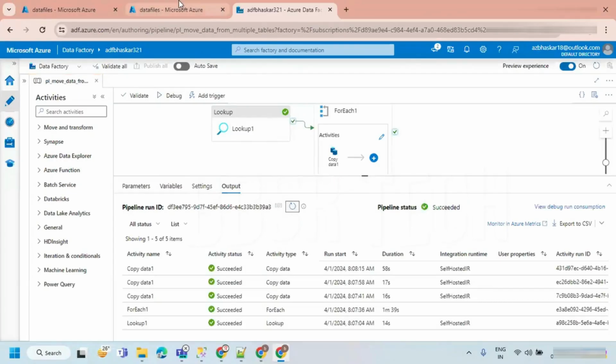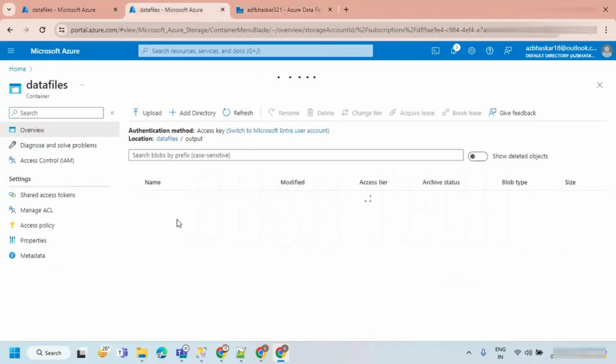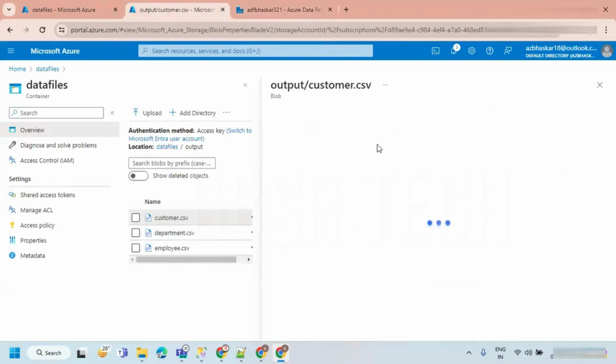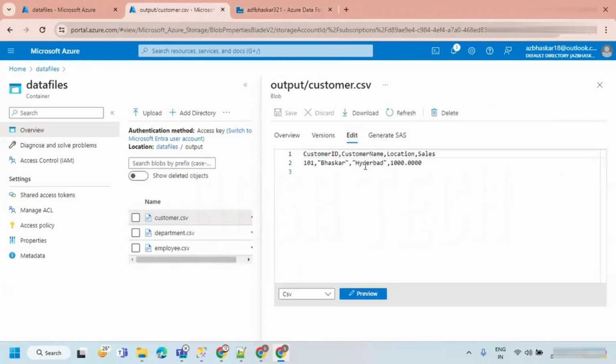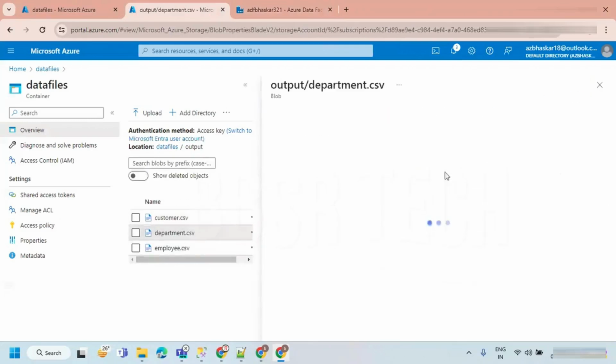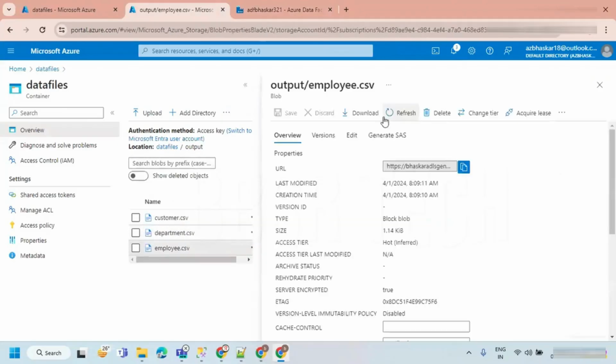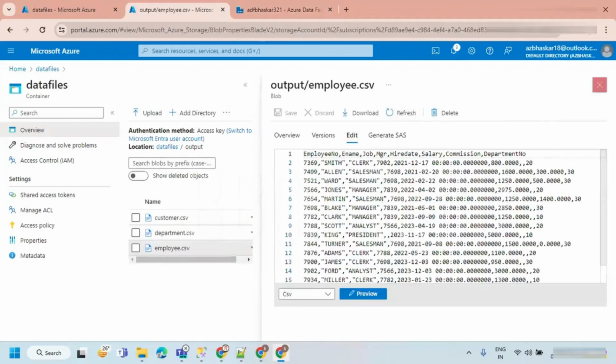Now it is completed and you can see three files available. These three files have the data. You can see the customer table has records, the department table has records, and the employee table also has records. Okay, that is fine.